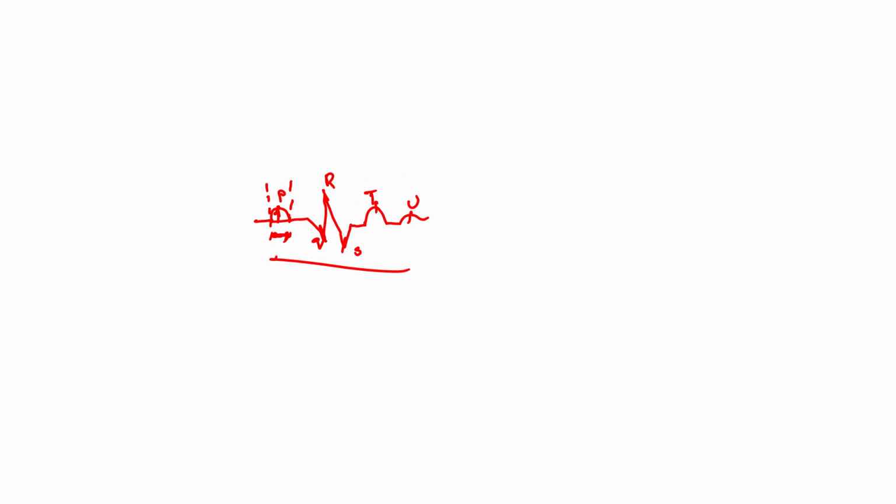If I use a half wave rectifier, it can only allow the positive signal and it will suppress the negative signal. As a result, I can only see the positive peaks here, something like this. So, this is nothing but our QRS. Again we will draw: P, R, T, U. So, I can easily eliminate our negative peaks now.